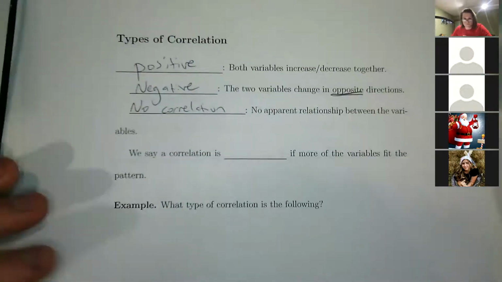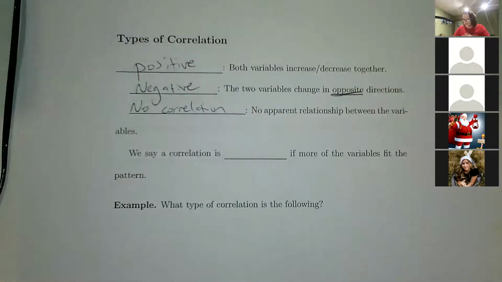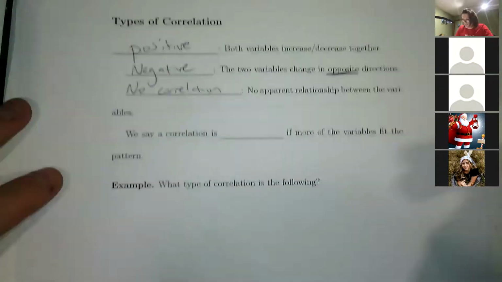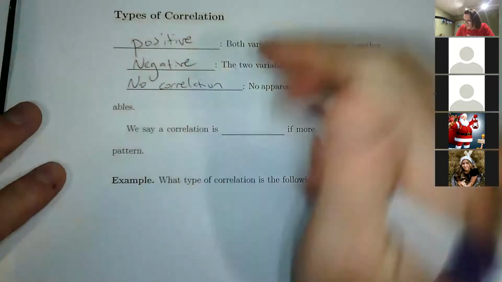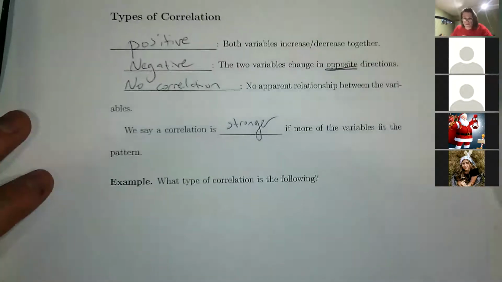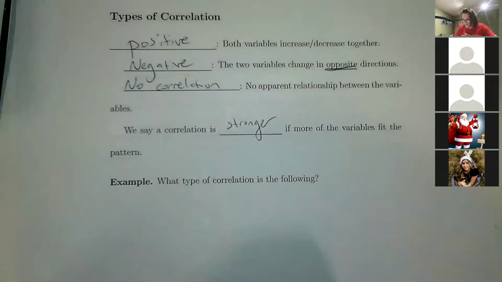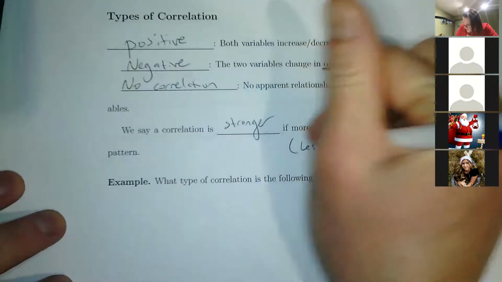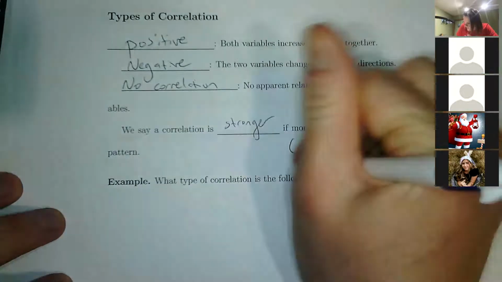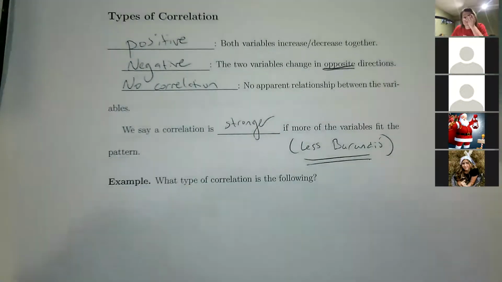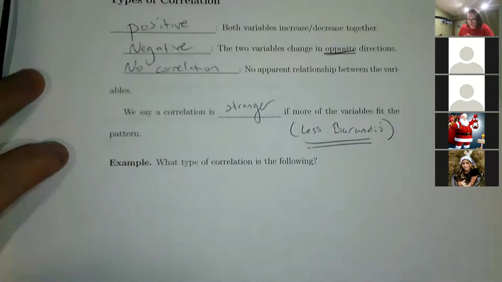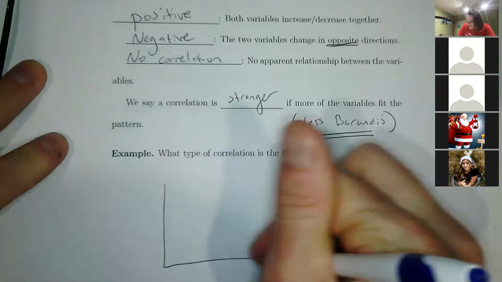They seemingly are unrelated, like that one I drew on the picture. And we'll say this correlation is stronger. It's stronger if more of the points fit the pattern, so fewer dots like Burundi, fewer outliers that are off your line. So for instance, if I had this one here,